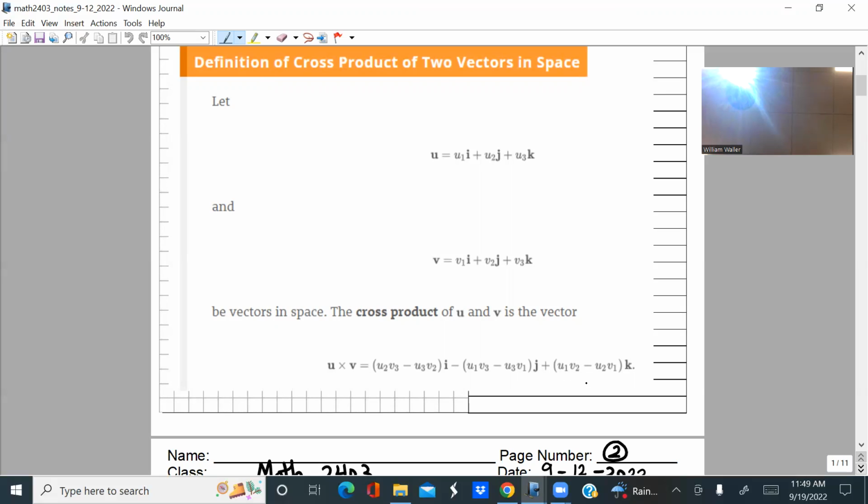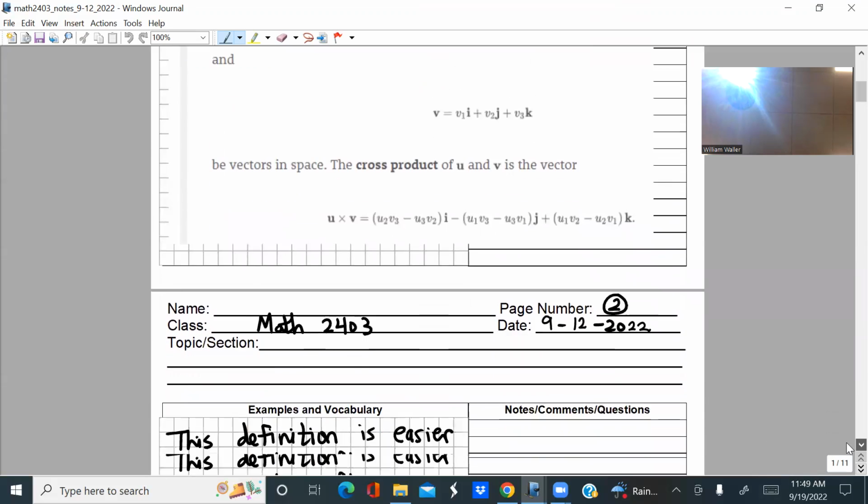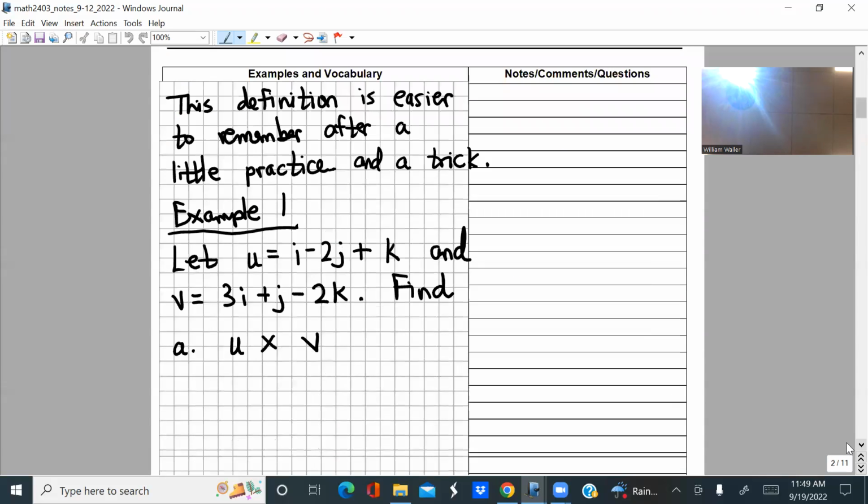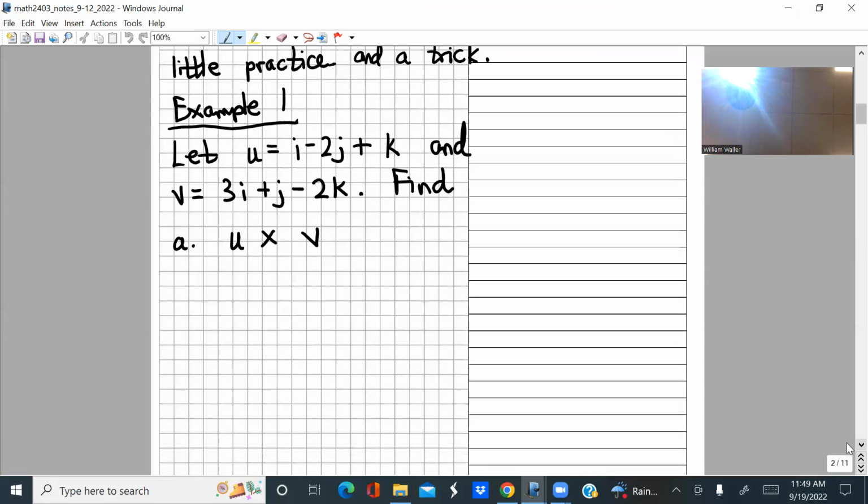The only thing you want to remember here is that the cross product of two vectors is a vector. It's not a scalar, it's going to be another vector. All right, so let's try this. I'll do one, and then I'll let you do one. Watch carefully what I'm doing. We're going to take the cross product of u = i minus 2j plus k,